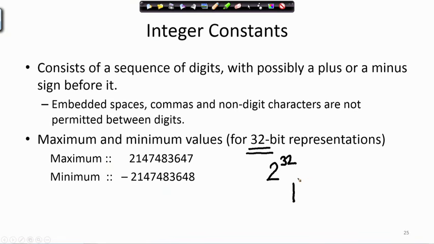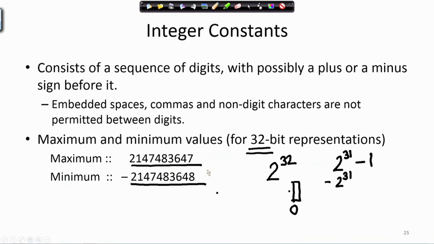If I take 1 bit to designate positive or negative, then I will be left with 31 bits. So, the maximum I can have on the positive side is 2 to the power 31 minus 1, the middle one is 0, and on the other side I can go up to minus 2 to the power 31. So, this is the range.